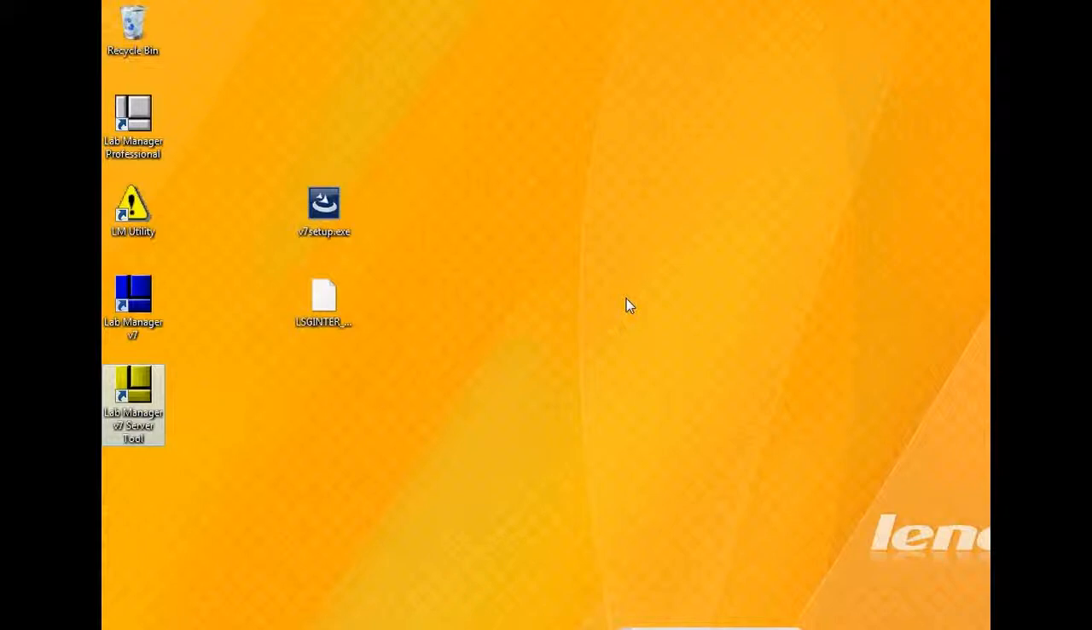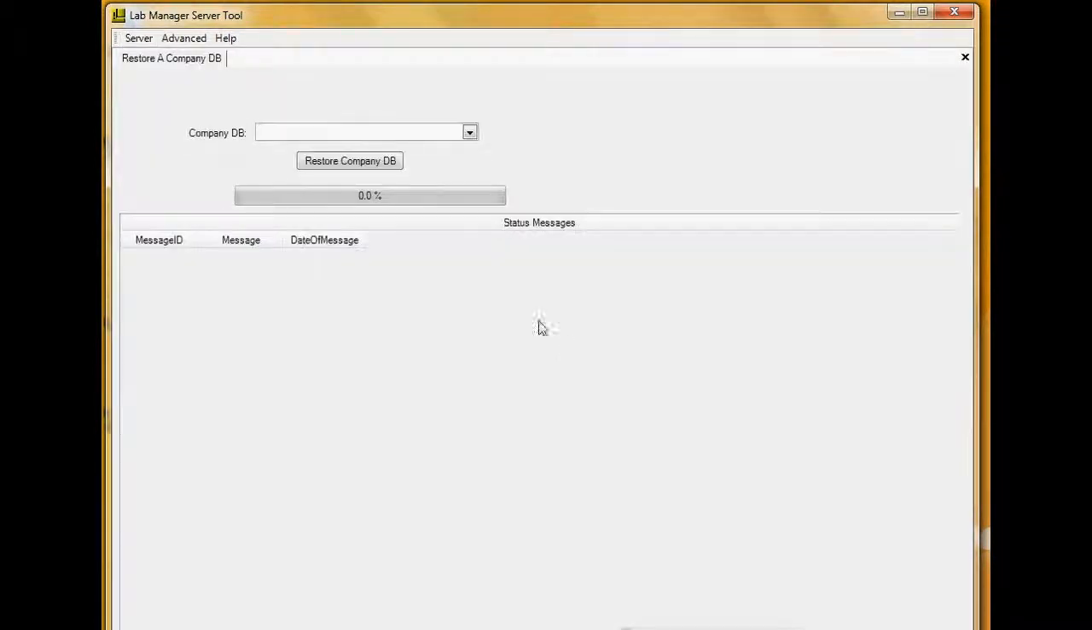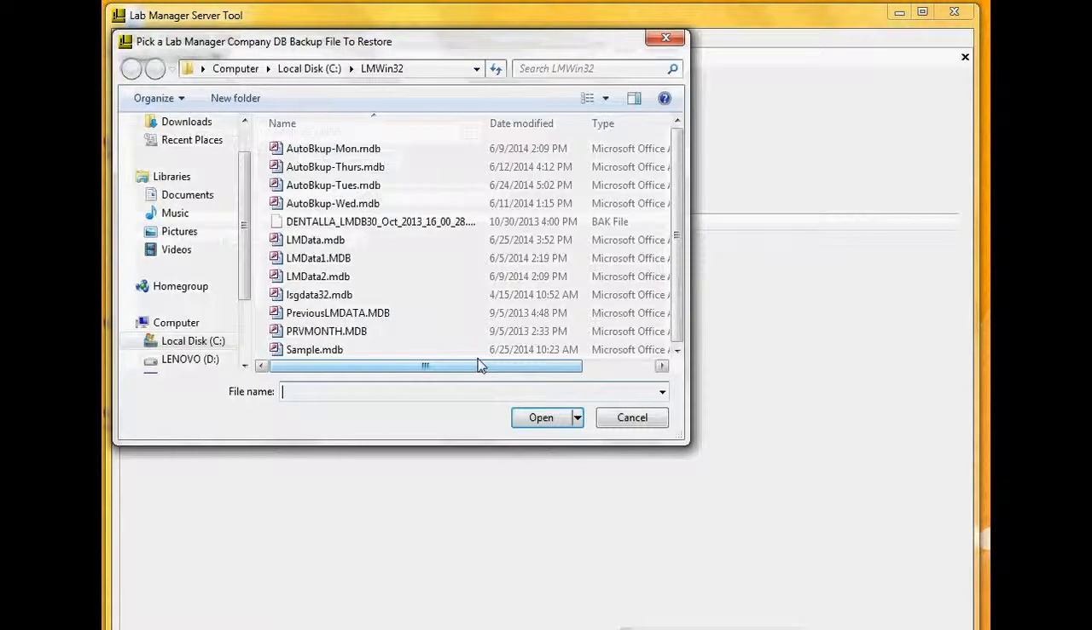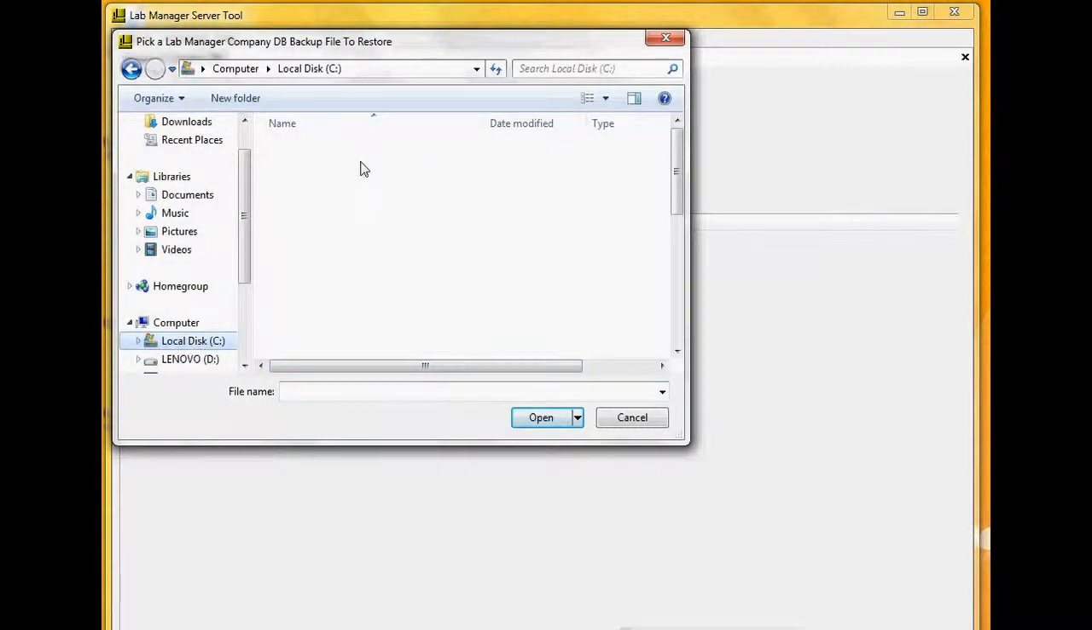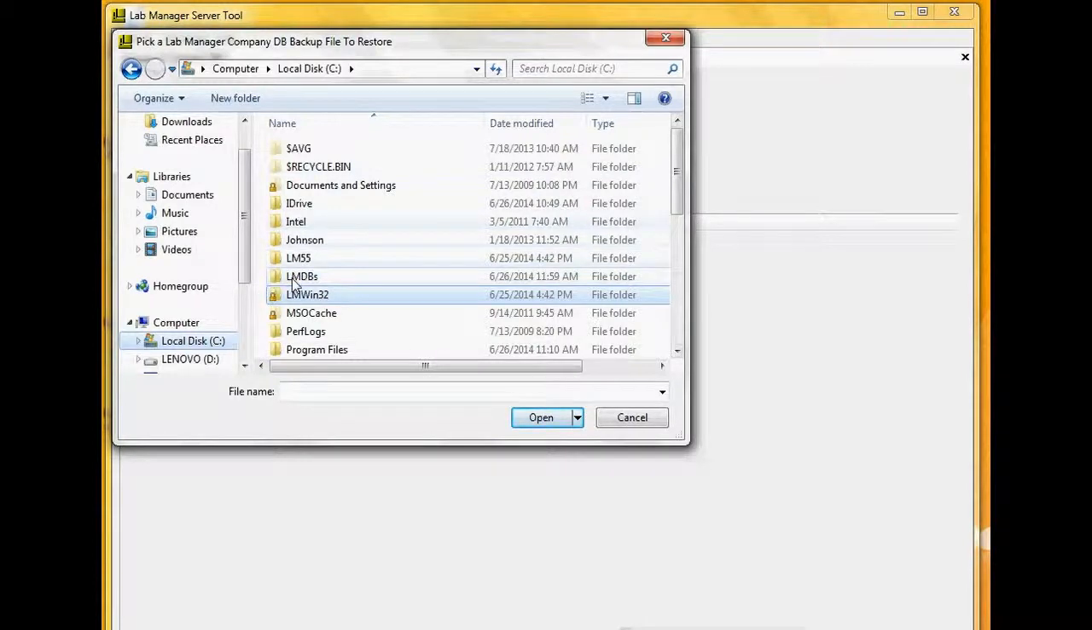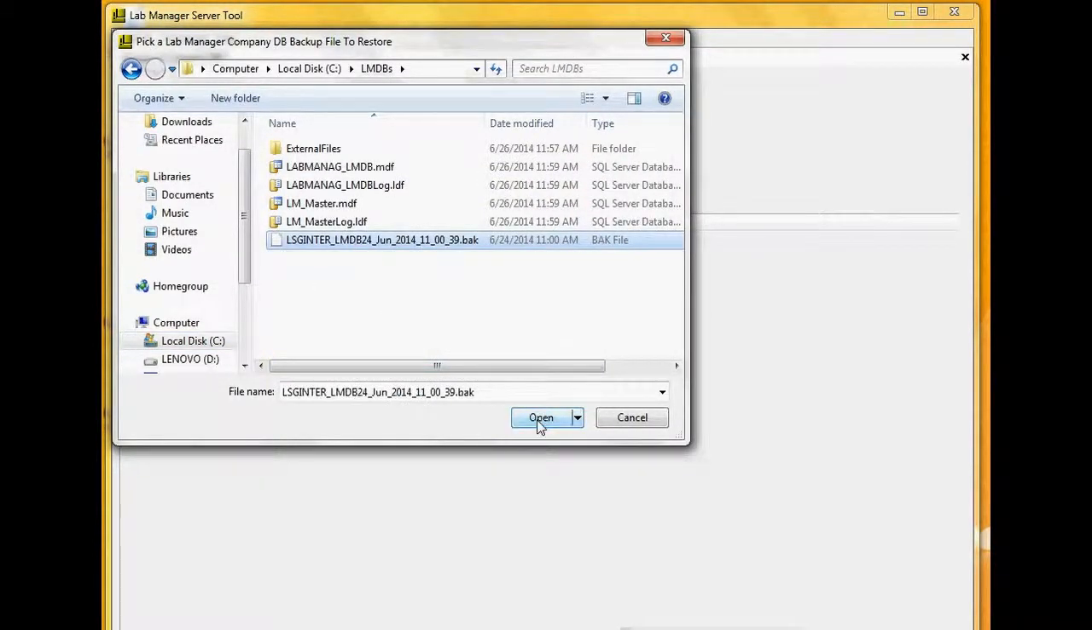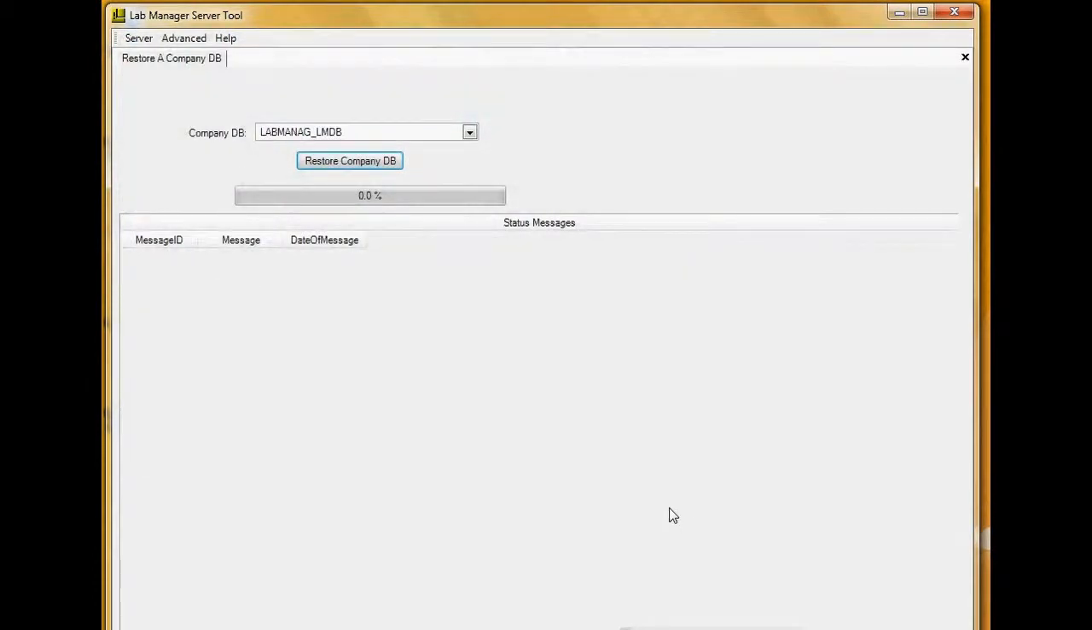So we're going to right click again, Run as Administrator, Server, Restore a Company Database, you're going to choose the company name. So we set up that company name Lab Manager, so we're going to select that, and then we're going to click Restore Company DB, and you're going to find that LMDBs folder, so C drive, LMDBs, and you're going to find that backup,